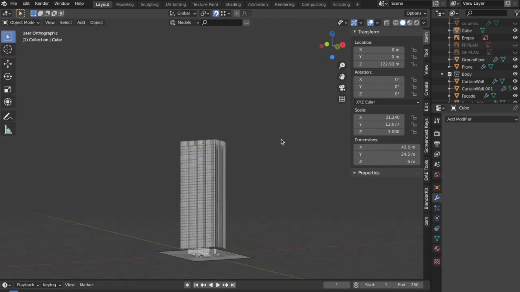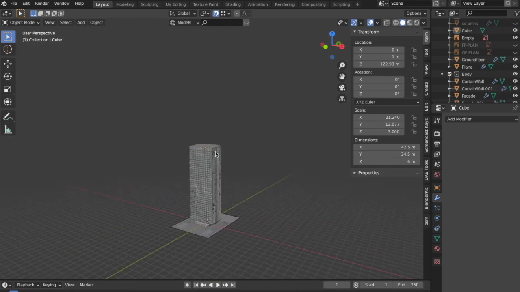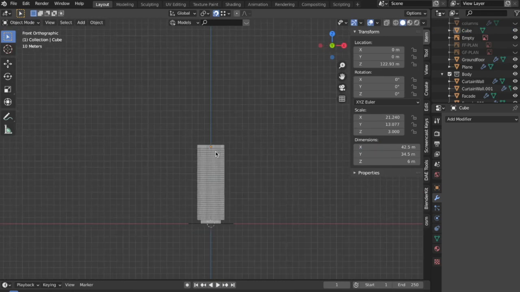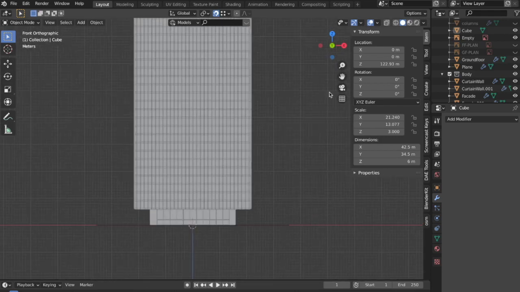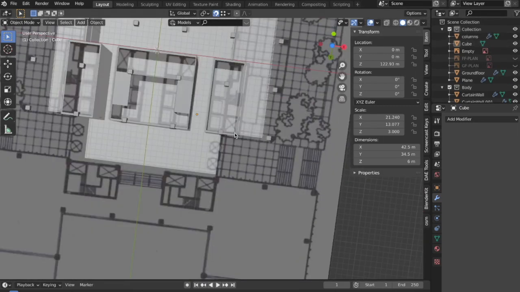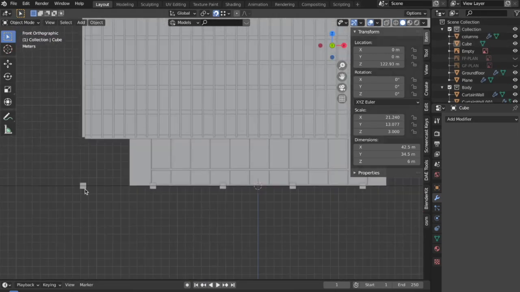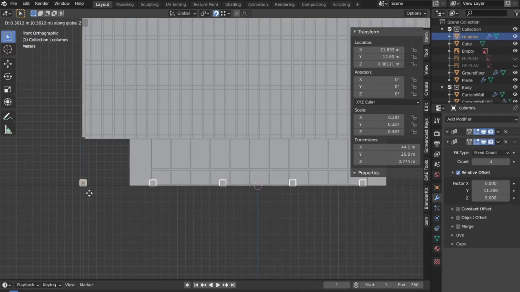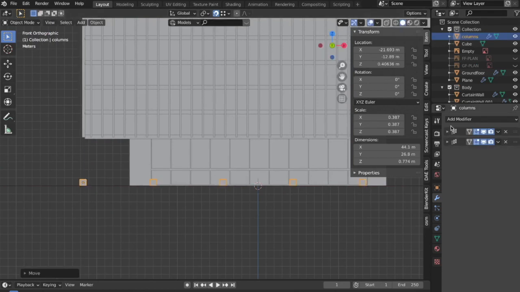So this way we have also modeled this part, and I only made it because it would add that sense of realism to it, or to any project that you are making. Now I'll also turn the columns on, and what we have to do with the columns is again very similar to what we have done till now. I'm just simply going to array them.